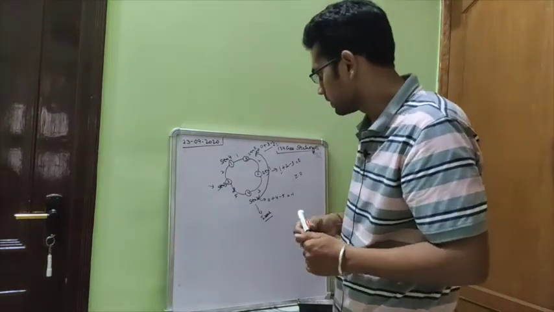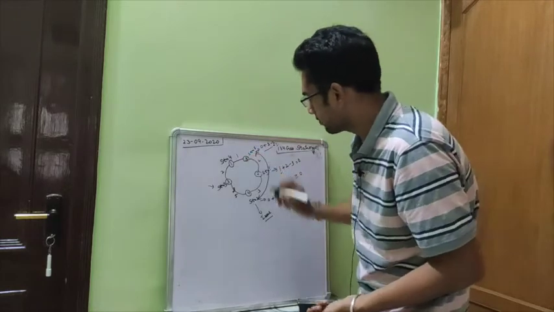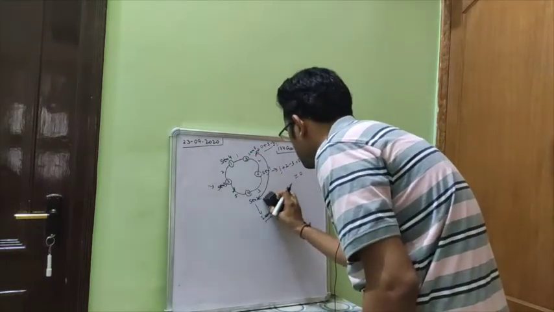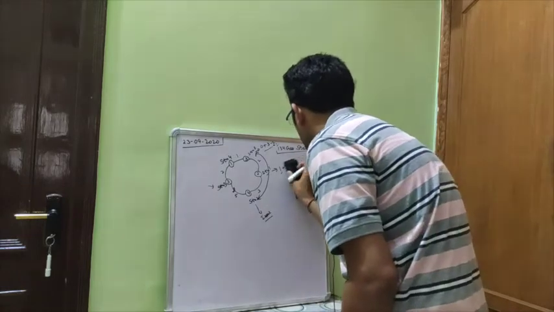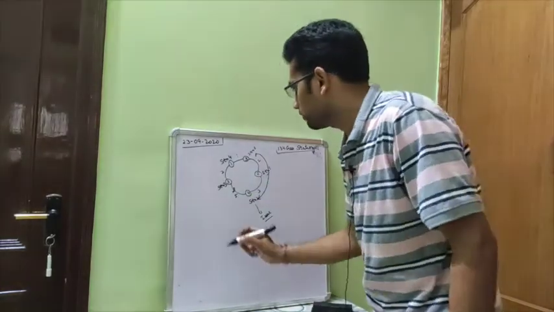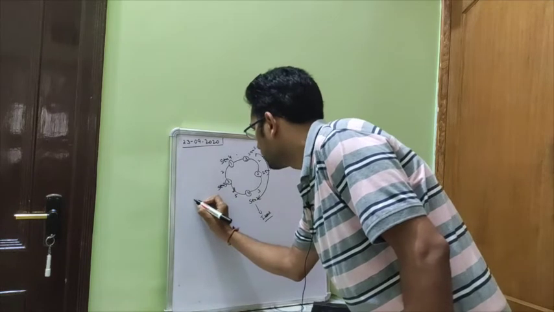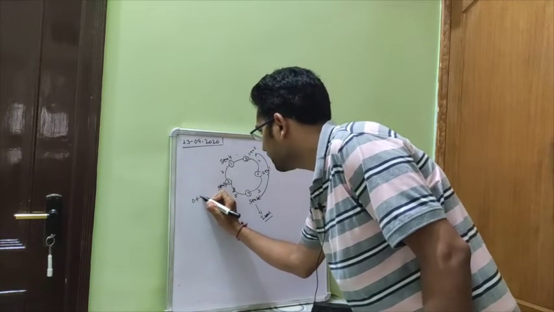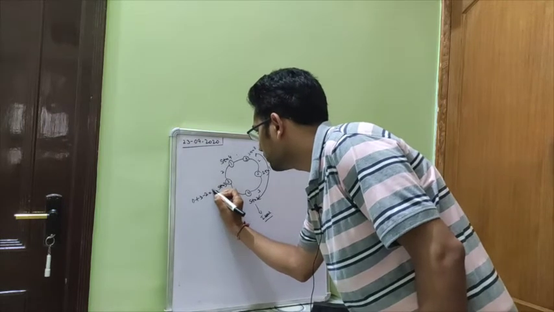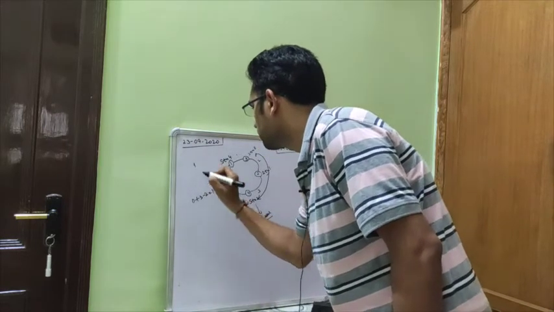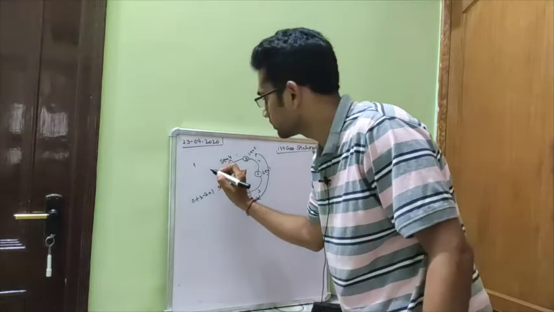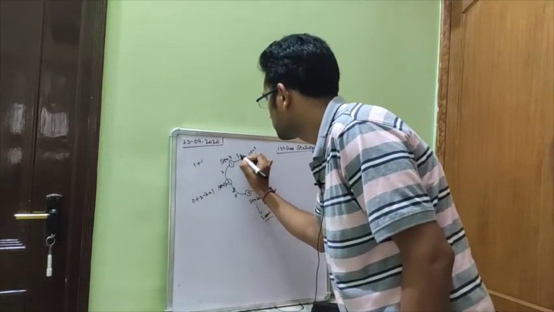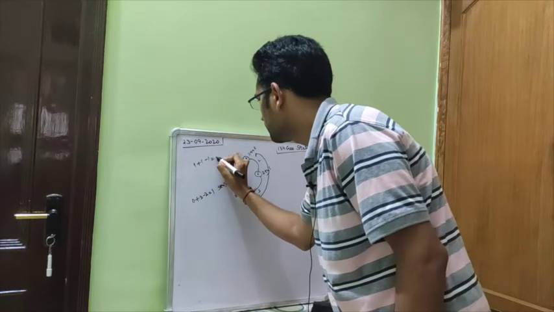Okay, so let's try to start from this station now. Let me remove all this code. So now let's try to start from station 3. Here we initially have, let us suppose, 0 amount of gas, then we are filling 3, consuming 2. So when we reach the next station, we already have 1 unit of gas with us. Here we can fill 1 and we need to consume 1, we are left with 1.